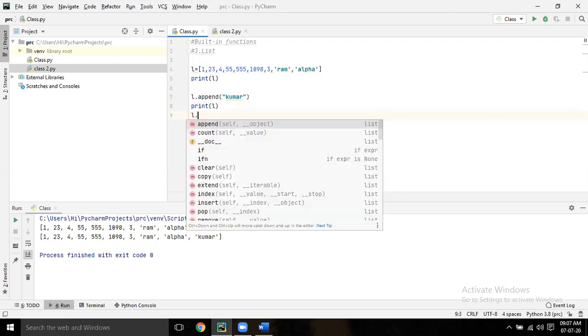Now create another list. If you want to remove some name, we are coming to that. Now go to the beginning.